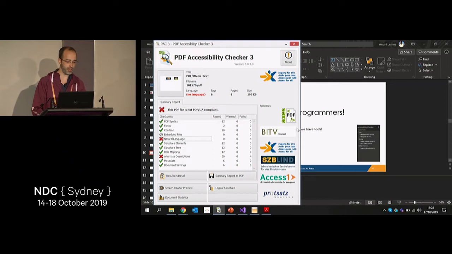That means the document does not specify the language in which the text is written. Let's say you have a screen reader and the text is French, and the screen reader will try to read it in English. It will just sound funky, weird. Then it's a bunch of structural stuff, whether it's a valid PDF document, and then alternate descriptions, right?